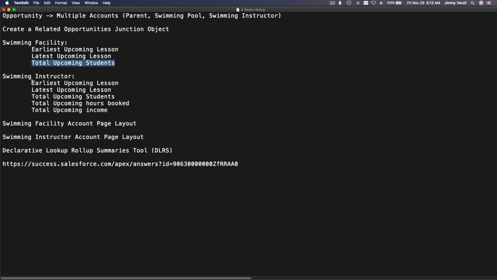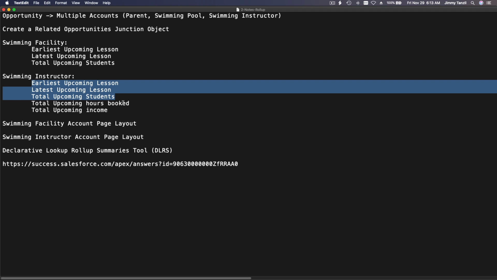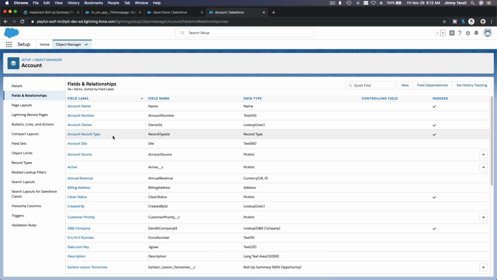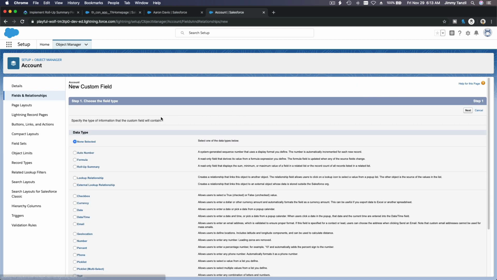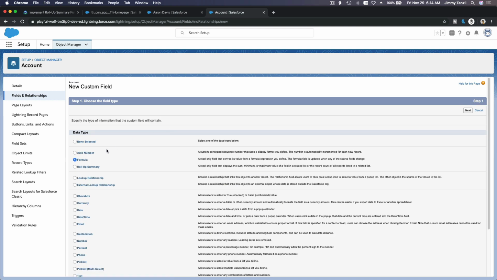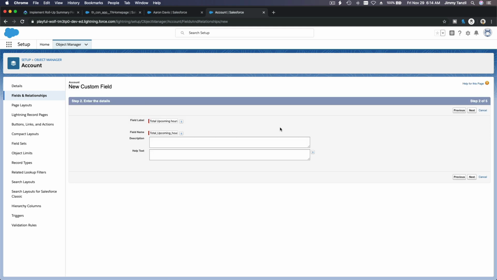So we've done these three as well for the instructor. So now we are going to do the fourth one, total upcoming hours booked. Okay, total upcoming hours booked, but this is only for the instructor layout that we are going to change. So go back here, a new field again. Not formula. It's a roll-up summary. Okay, a roll-up summary, total upcoming hours booked,